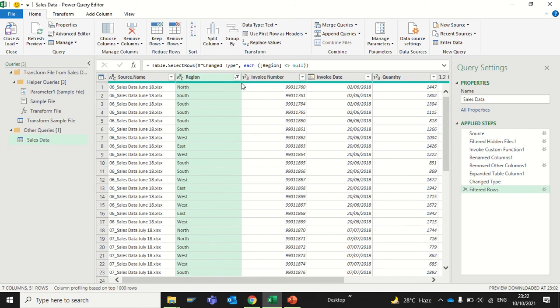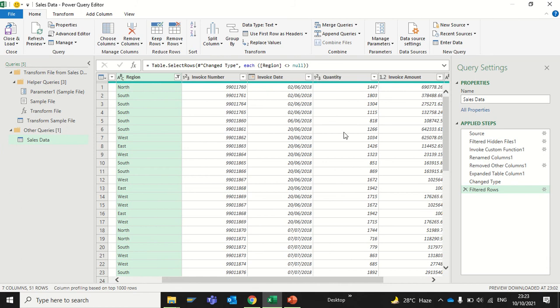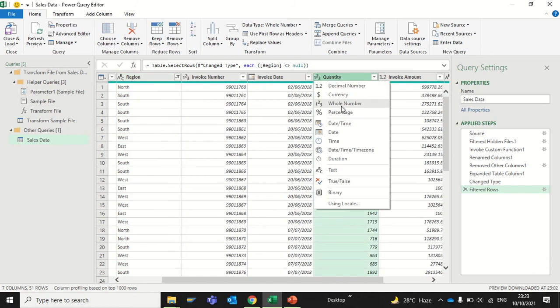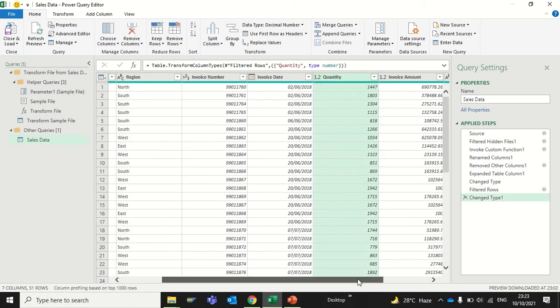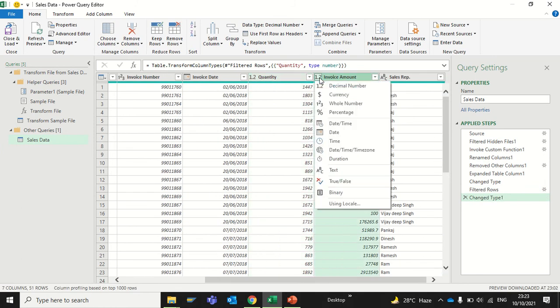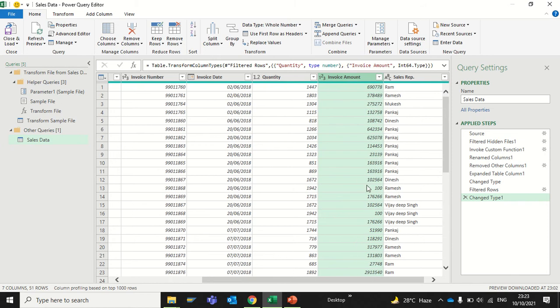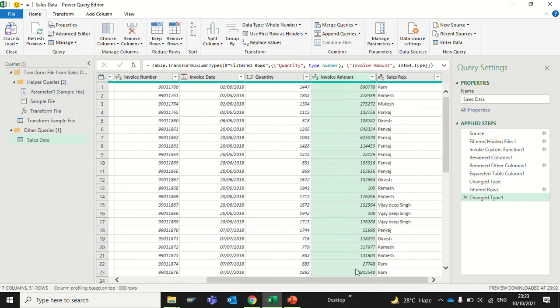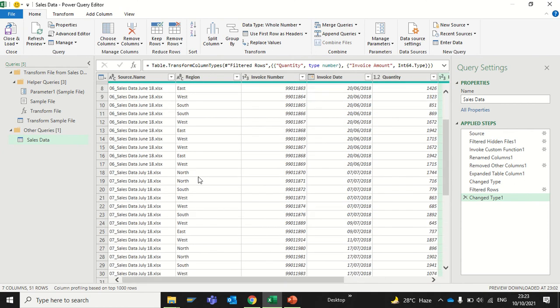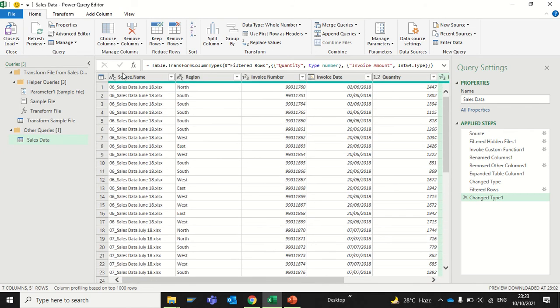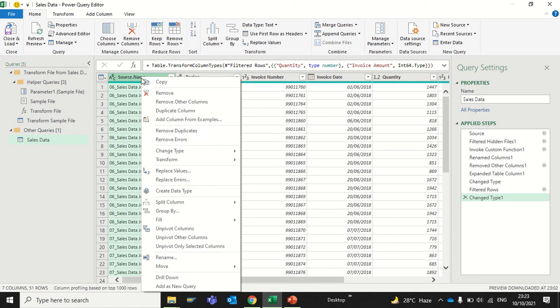Now I can also check whether the numbers are coming correctly. Suppose I want my quantity in decimal, that should be okay, and my invoice amount only in whole numbers, so it converts my database into whole numbers. Now I think my database is okay.